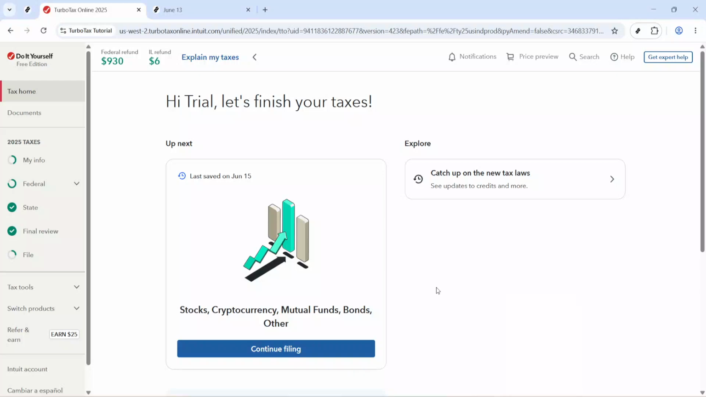In today's video, I'm going to teach you how to file Schedule C in TurboTax. If you're self-employed, freelancing, or running a small business as a sole proprietor, Schedule C is the tax form used to report your business income and expenses. In TurboTax, the process starts in the income section, and from there, you can access the self-employment area where this